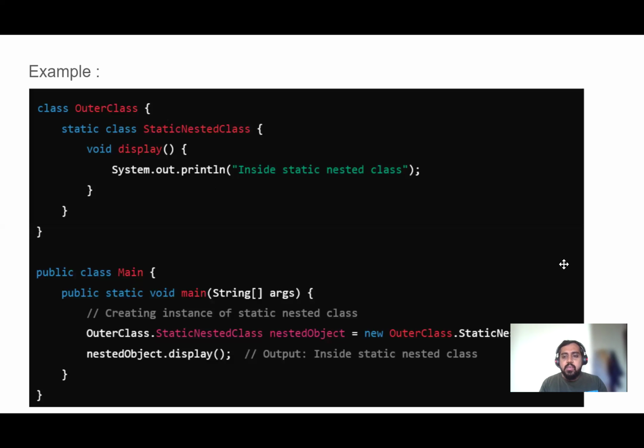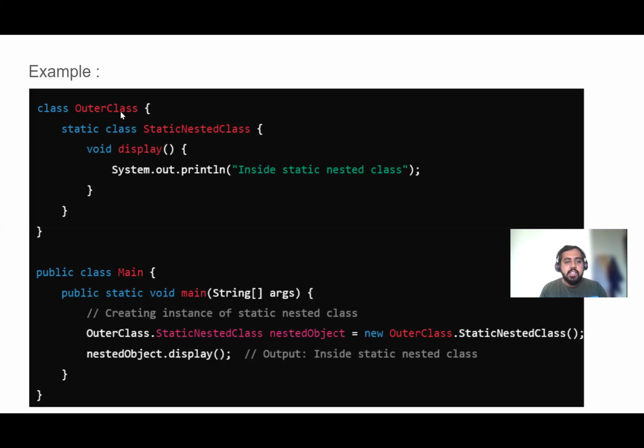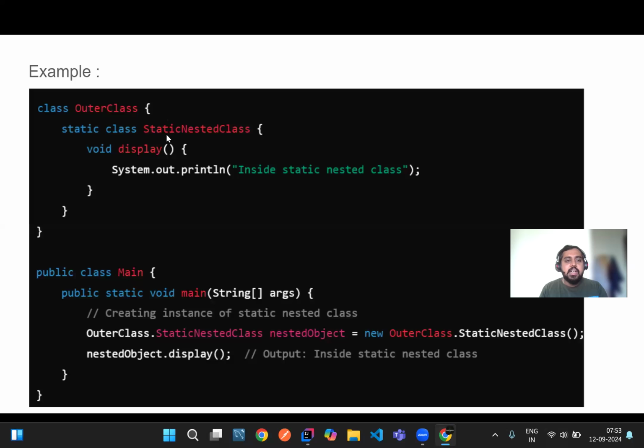So I created one class called OuterClass. Inside this class, I created another class called StaticNestedClass, which is static because I made it static. I appended it with the static keyword, so it becomes a static nested class. Inside this, I created one method called display, where I'm just displaying "I am from static nested class". Now in my main method, under the main class,